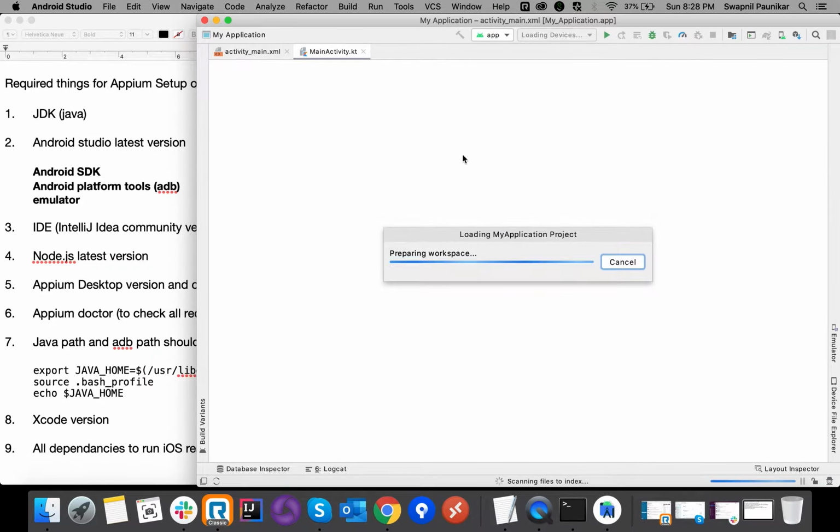Once you set this path, only then will you be able to create the virtual devices. So this is one of the settings you have to do, guys, once you install Android Studio. And that's it for the APM setup. Apart from this we don't have to do anything. Then I can close this. So this is the second thing we did. We just installed and checked the different components we have in Android Studio and which settings we have to do.